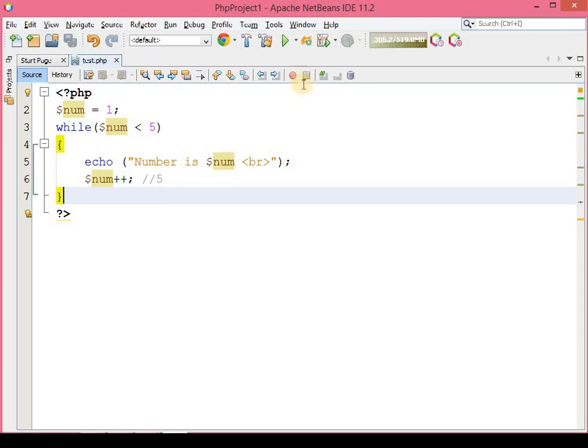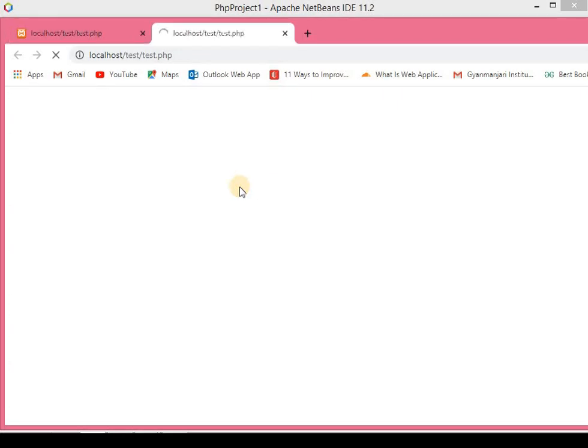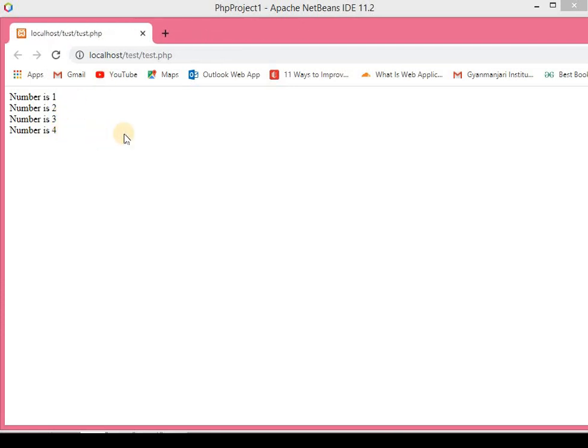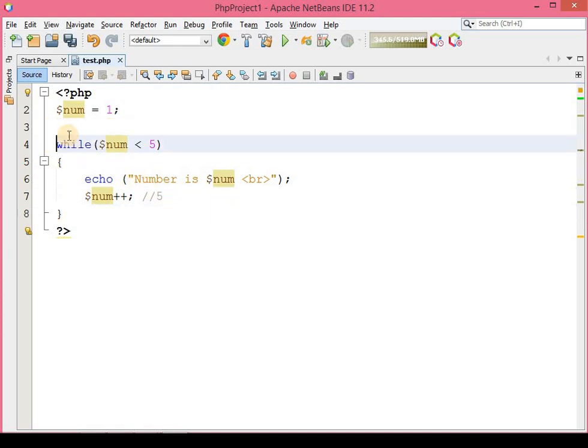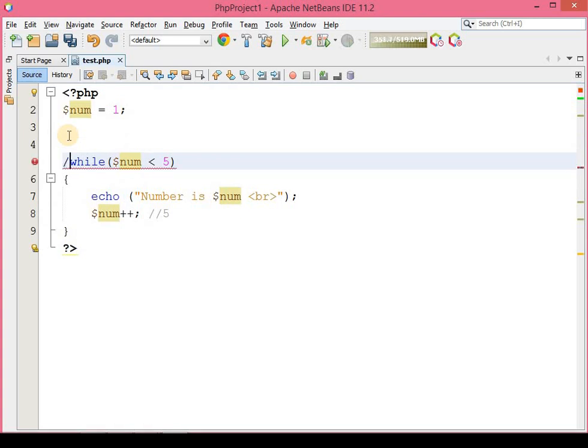Now let's see this output. 1, 2, 3 and 4, but 5 is not printed because whenever it is 5, the condition becomes false. So this is how it works. This is the while loop. Now let me put this portion into the comment section.